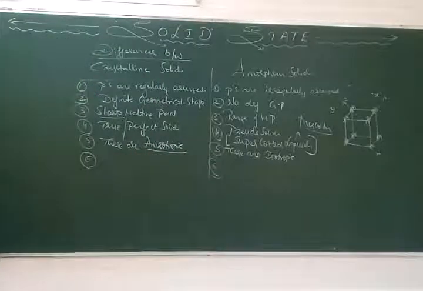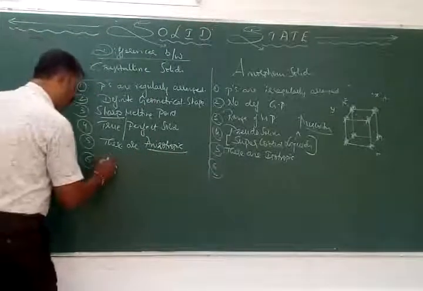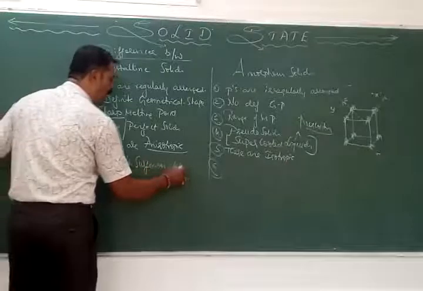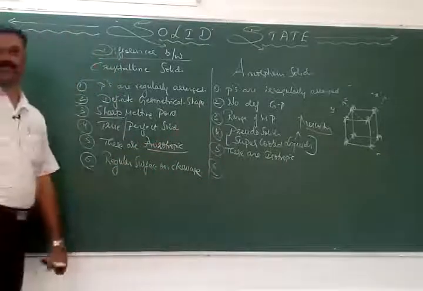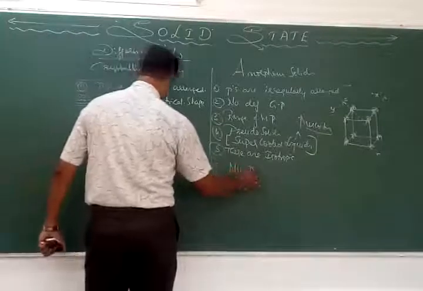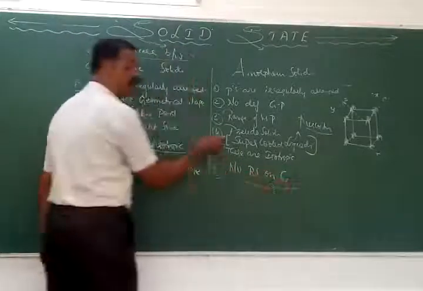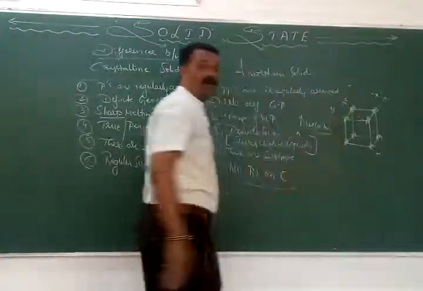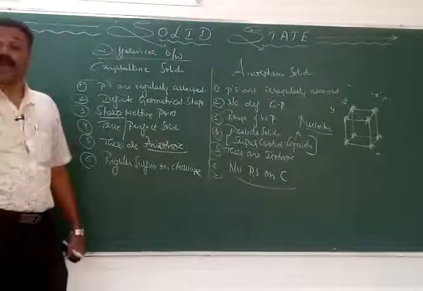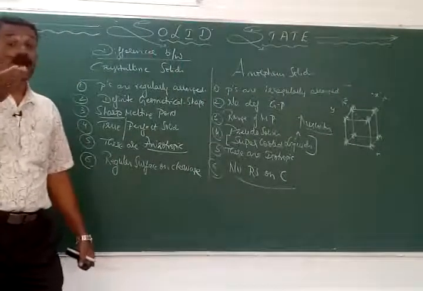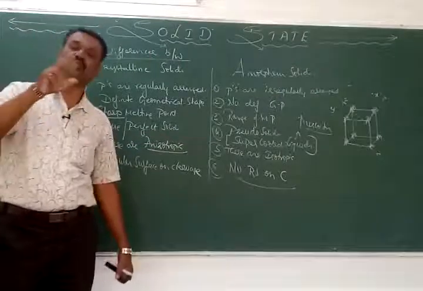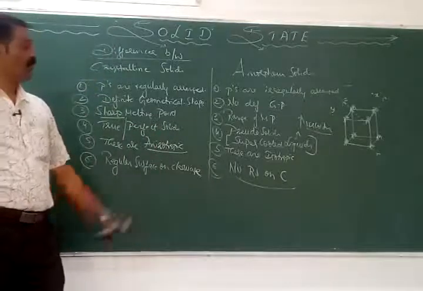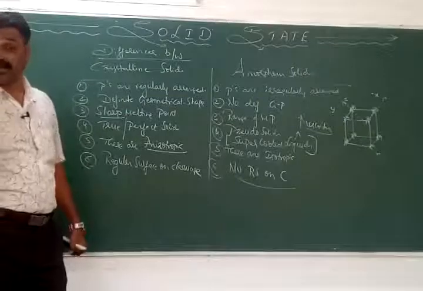After anisotropic and isotropic, then what are they having? They will get a regular surface on breakage. Breakage is also called cleavage. But here, no regular surface on cleavage. If I cut a crystalline solid, I am getting a regular surface. Why? Because the distance, that is the bond distance between two adjacent particles, is found to be the same. Means if I cut in any direction, we are getting a regular surface on breakage.